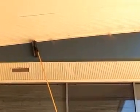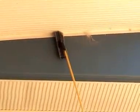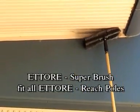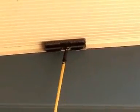Cobwebs are hard to remove with brooms, as the bristles are always facing the wrong way to grab the web off the surface. Ettore has two great products for this. First, the Super Brush is specifically designed to grab webs off the glass, and its Super System design allows you to get into any hard to reach areas. To clean the Super Brush,